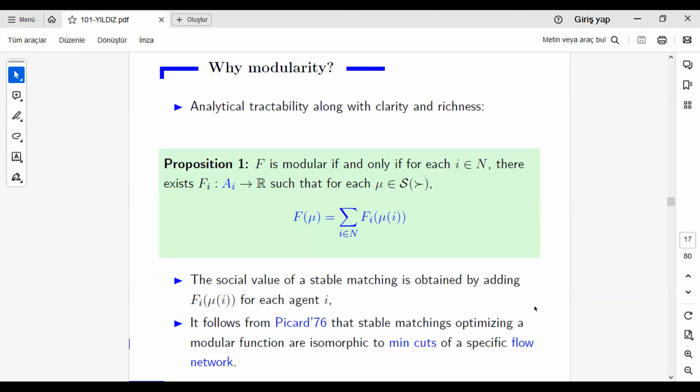Now, somewhat important but side remark here, it follows from the optimization literature going back to 76 that optimizing a modular function is equivalent to the problem of finding the min cuts of a specific flow network. Why is this significant? Because it is a polynomially bounded